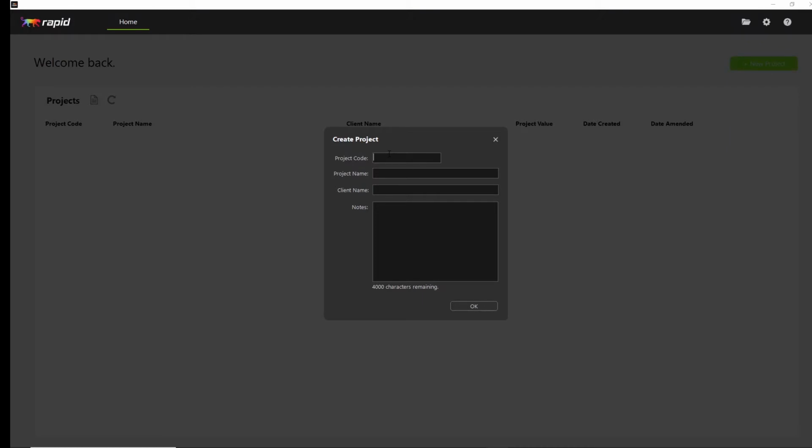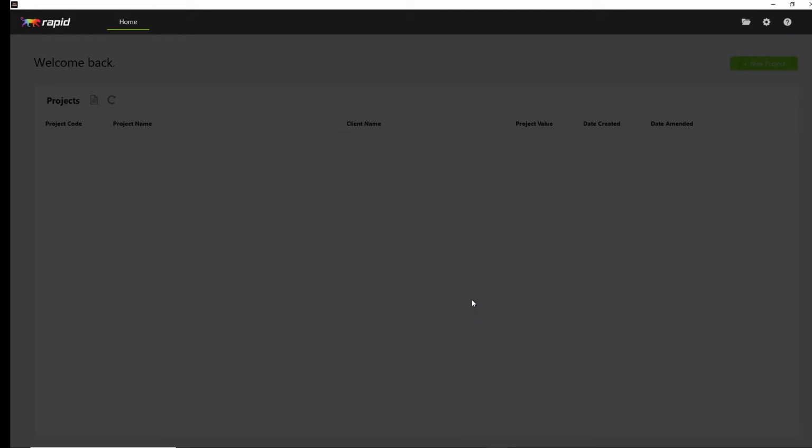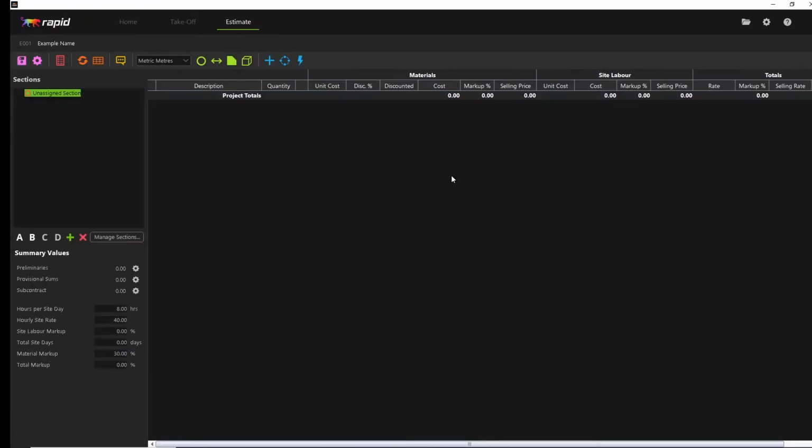So I'm just going to start us off just by putting in a bit of an example project code for us and basic name, and then an example client in here as well. Okay, so now that all of that is done, all we can do is simply press the OK button. This will actually now start to create the job for us, and it's going to take us forth onto the